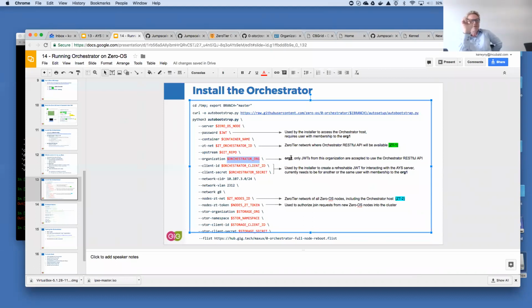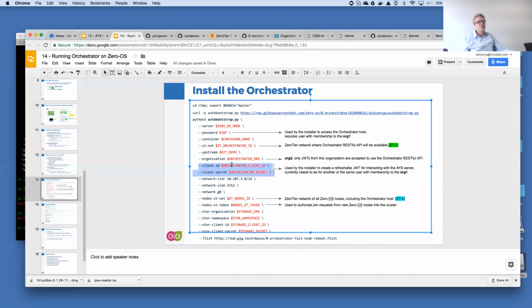And this JWT, as you'll see later in my slides, is not the same JWT you use to do the installation, but it's a JWT that you got from the secret that you got created from an application key at the level of this organization. So it's another organization. So remember that. This is a little bit ugly, and this will probably change in the future, but still it's important that you understand what happens here.